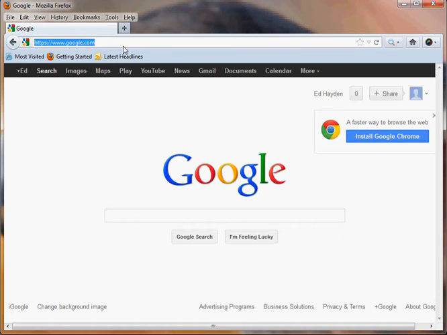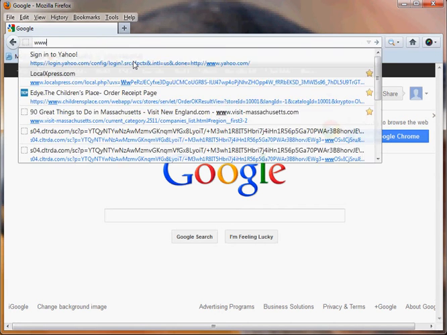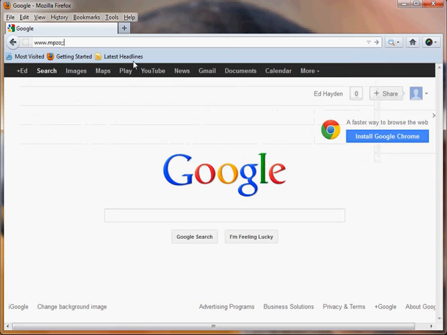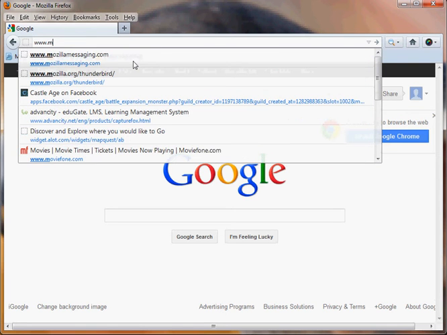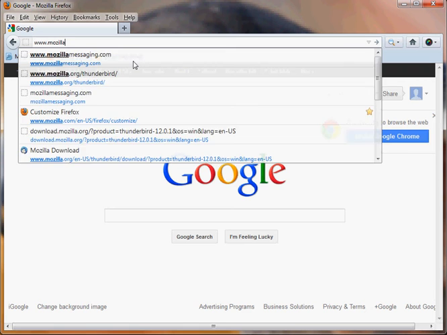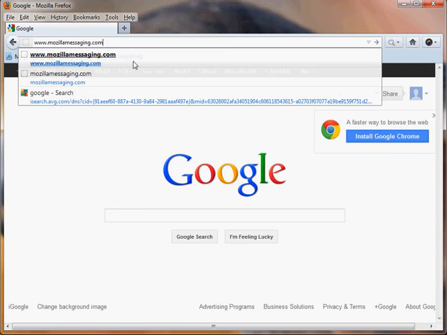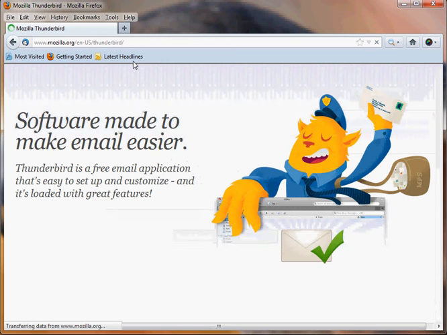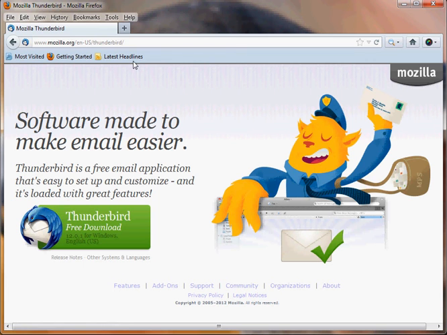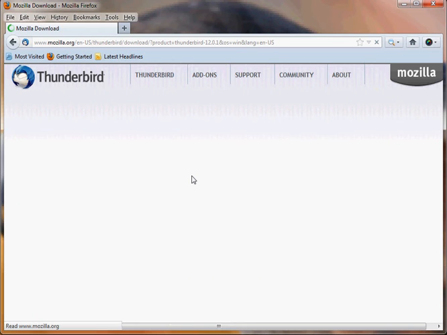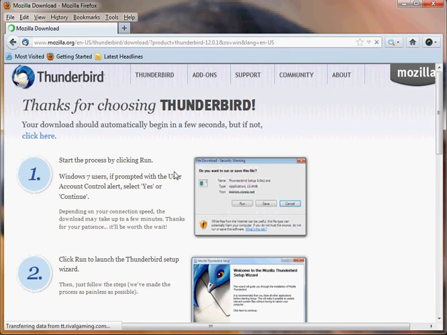an email client. Now for this, we're going to need to open up a web browser and go to the site www.mozillamessaging.com. Now, when it opens up to that site, you'll have a Thunderbird download button on the left-hand side. Just click on that, and in a few seconds it'll proceed to the "Thanks for choosing Thunderbird" screen, and it